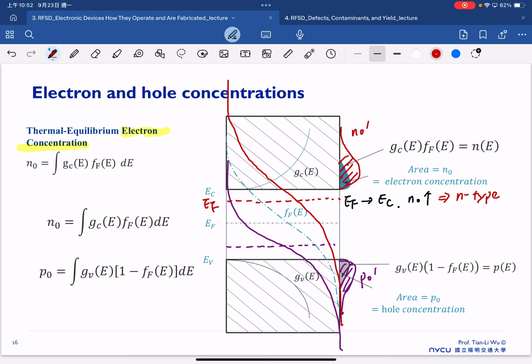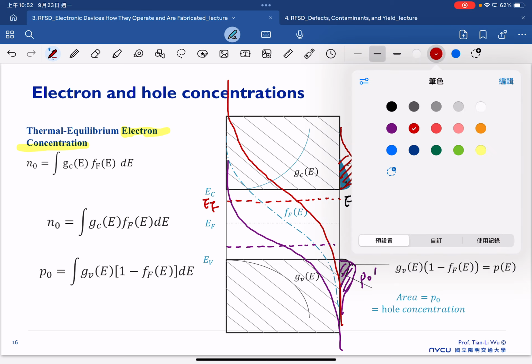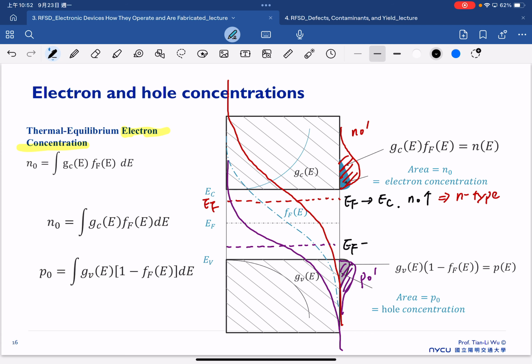On the other hand, if our EF is close to EV, that means our hole concentration is increased. So that means this is a P-type